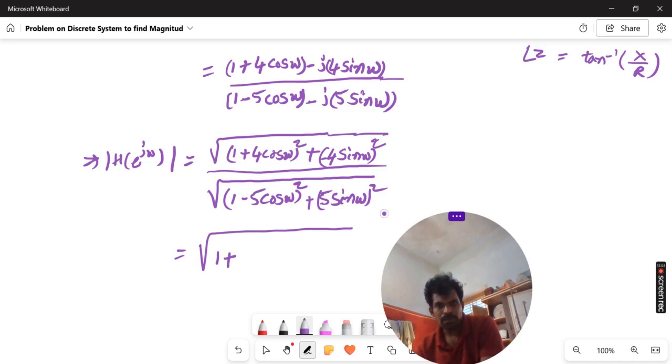So 1 plus 16 cos square omega, here minus 4 sin omega whole square means plus 16 sin square omega, and one more term, (a plus b) whole square, a square plus b square plus 2ab. What is that term? 2 ones are 2, 2 fours are 8, 8 cos omega,